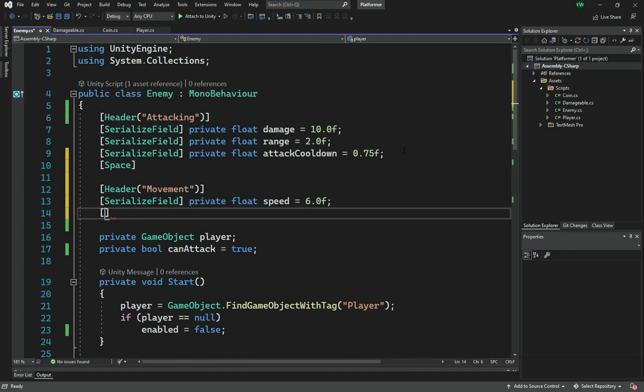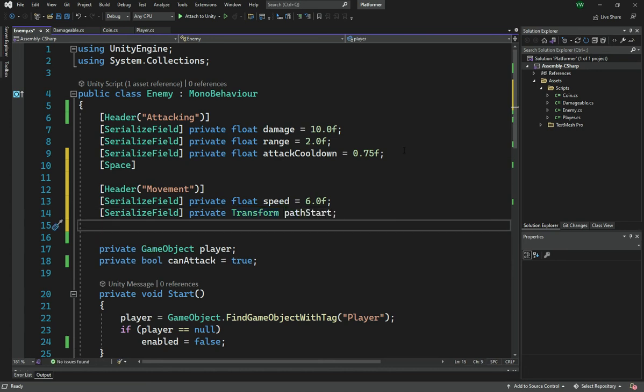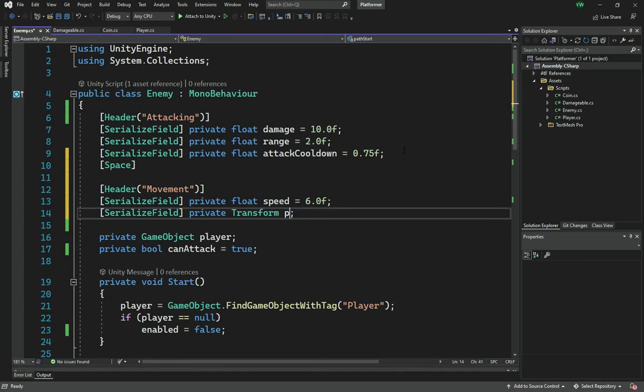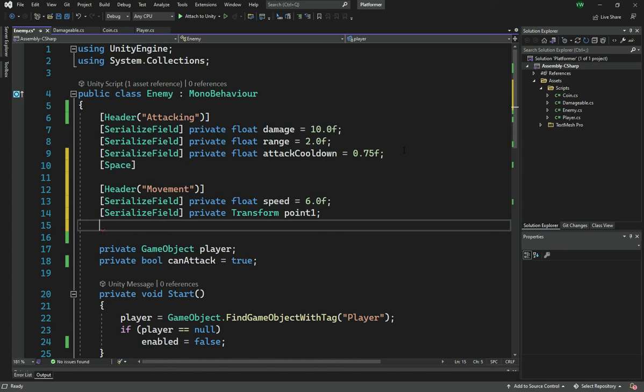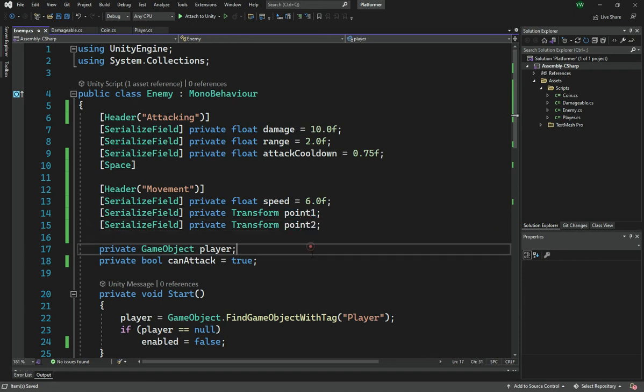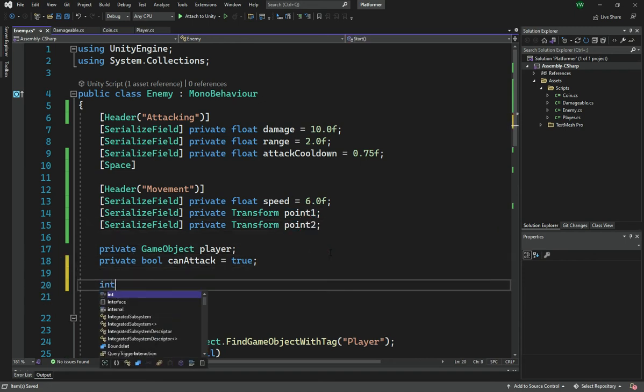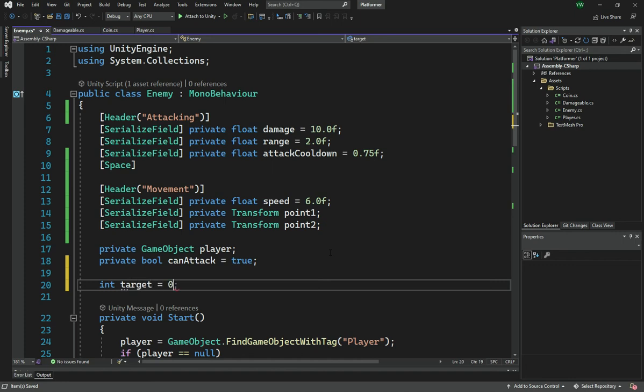And then we will have a serialize field. This is going to be a private transform called point 1. This is going to be our move point 1, and then we are going to add yet another one. This is going to be our point 2. So we will basically move from where we are currently at the start to point 1, then to point 2. And we will of course have an int here called target, which will be 0 by default,